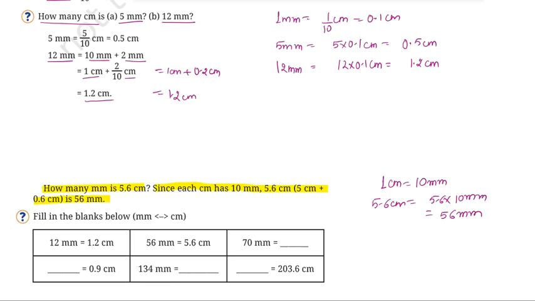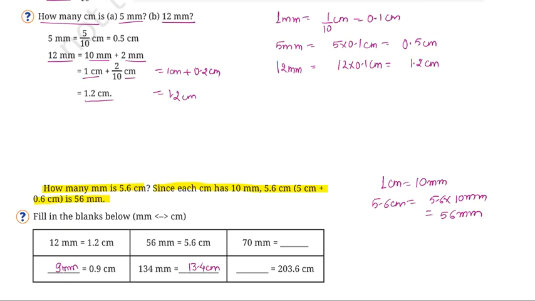So you have a question like in the blanks, you have to convert from millimeters to centimeters. So 12 millimeters is equal to 1.2 centimeters. How many millimeters will be equal to 0.9 centimeters? You may simply write 9 millimeters is equal to 0.9 centimeters. और कैसे आएगा? Because आप 9 को divide करोगे 10 से and you will get 0.9 centimeters. 56 millimeters is 5.6 centimeters. Again 134 millimeters को convert करना है centimeters में. So you will divide it by 10 and you will get 13.4 centimeters.